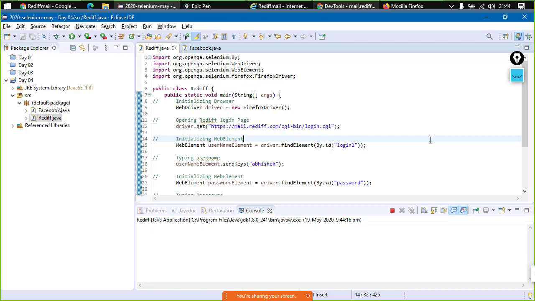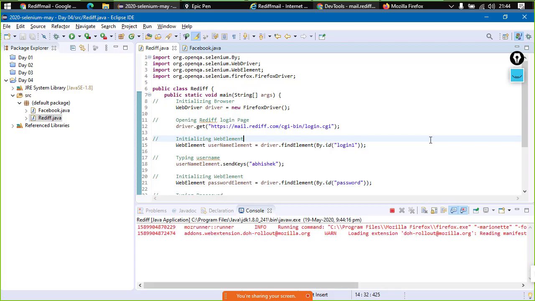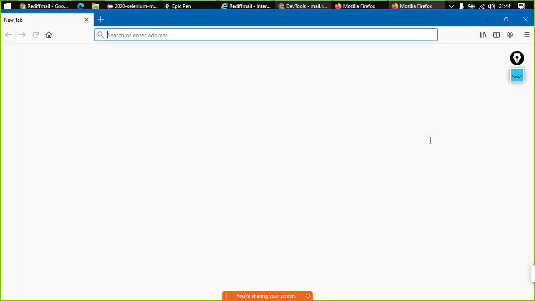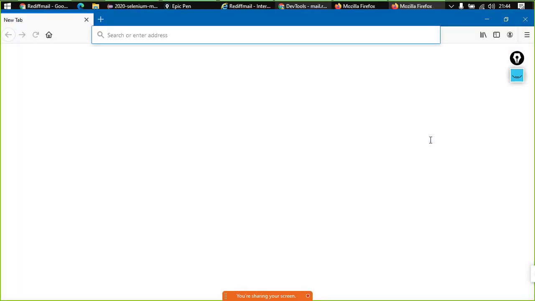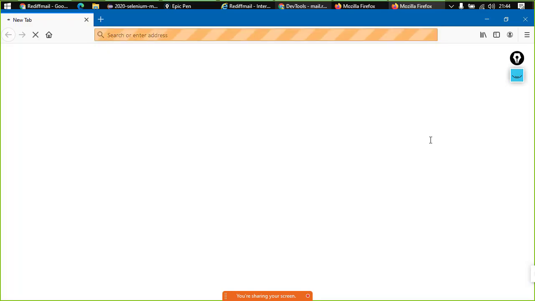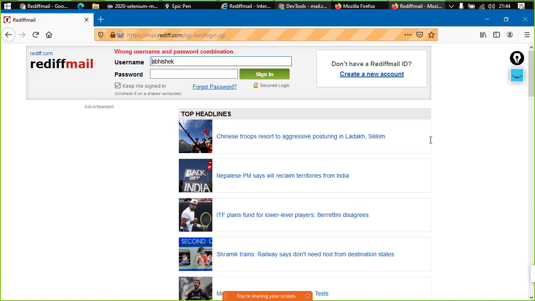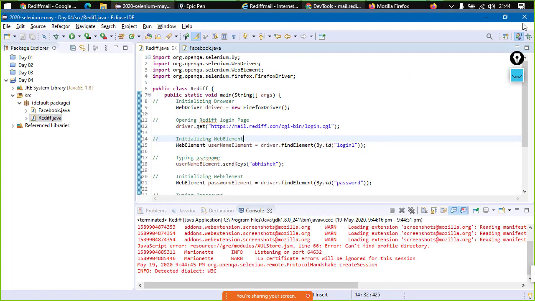As you guys can see, the code is executing. It usually takes more time in my system, but yes, the browser would open, and here we would be able to see the output, right? What output? The same thing that we were doing in Google Chrome. It is taking us to the Rediffmail login page. It will be typing in the username and the password, and it is trying to click on sign in. Done, right? This is done.